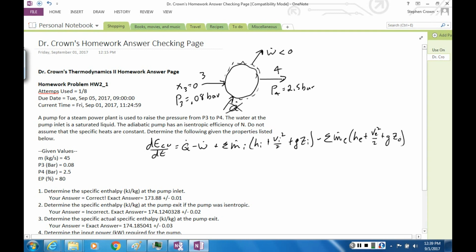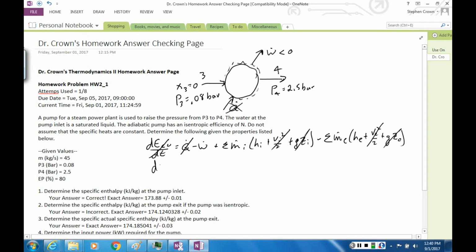And we'll make some assumptions here. We were told that it's adiabatic, so no heat transfer. We're going to assume no change in kinetic or potential energy, so those values will cancel out since they're the same at inlet and exit. We're assuming steady state. We can bring W to the other side of the equation, but before we do that,